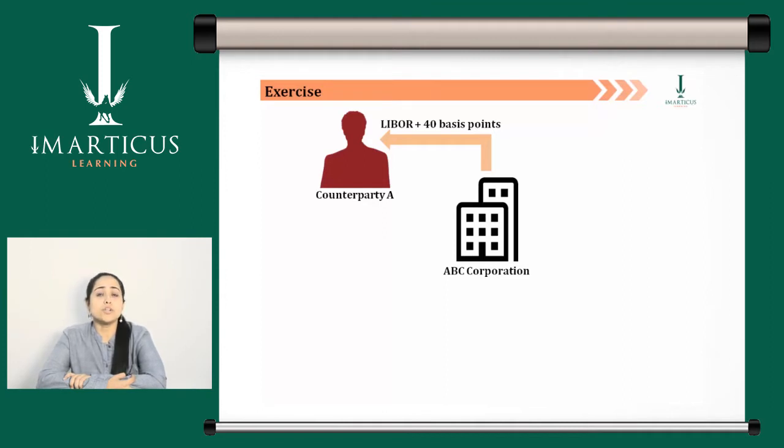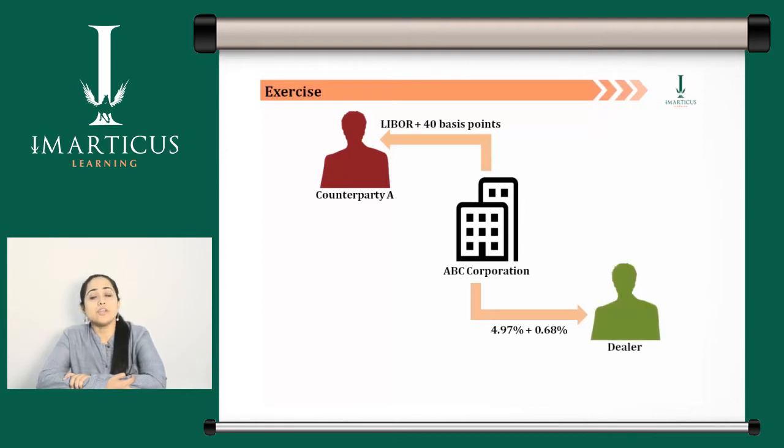The dealer has quoted 4.97%, that is the ongoing treasury bill rate plus 68 basis points, in exchange for Libor for a 4-year duration. So what will be the total cost of funding for ABC Corporation? For entering into the swap contract, ABC Corporation pays the dealer 4.97% plus 0.68, which is